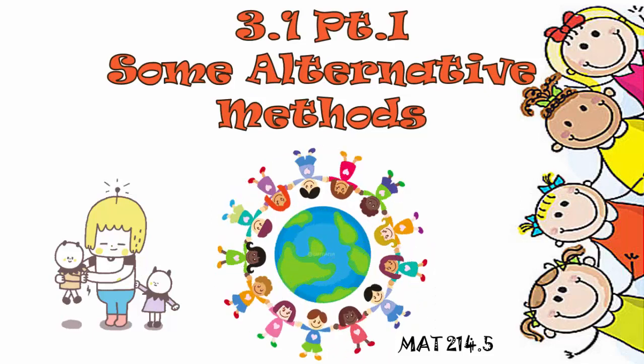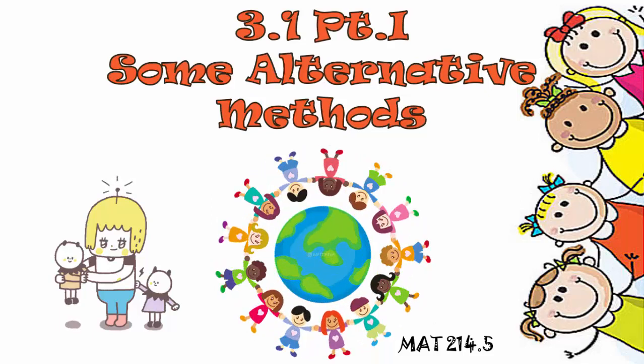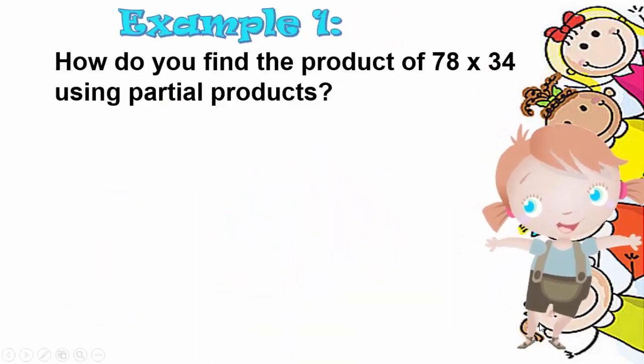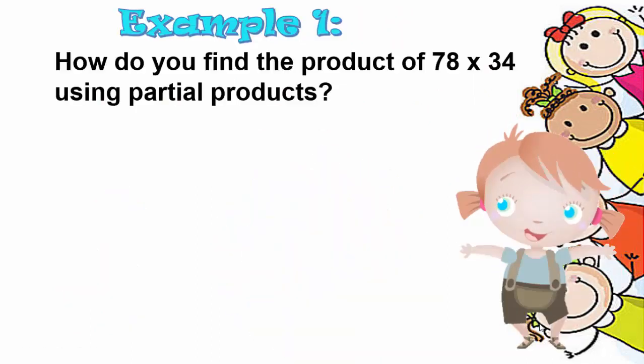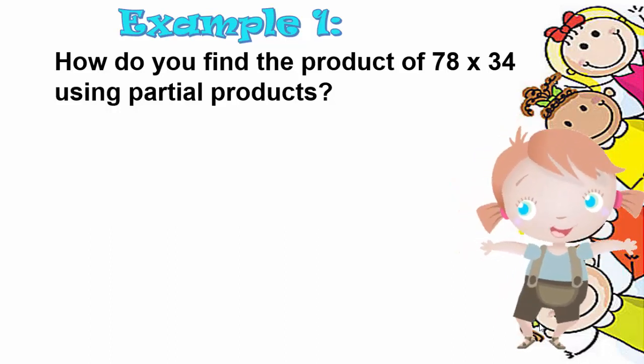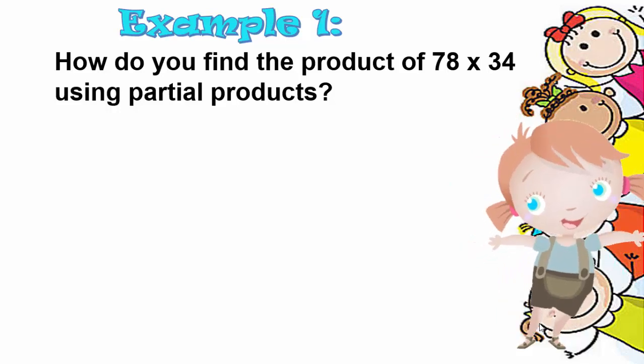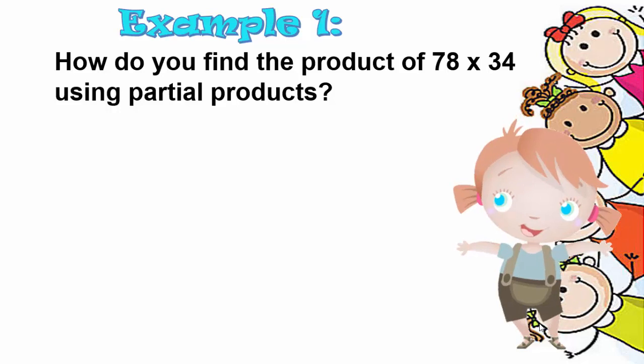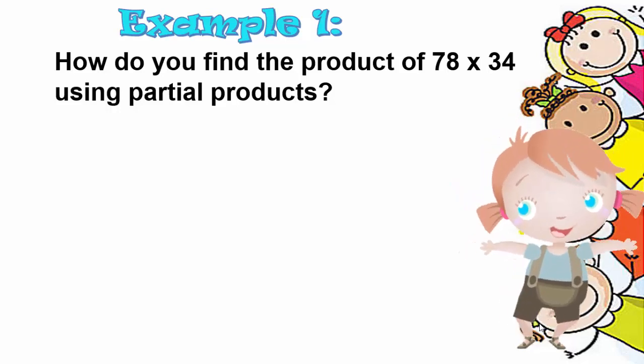Hello, welcome to Chapter 3.1, Part 1, Some Alternative Methods. In this video, we're going to learn a technique of multiplication called partial products. So in this first example, we want to find the product of 78 times 34 using this technique called partial